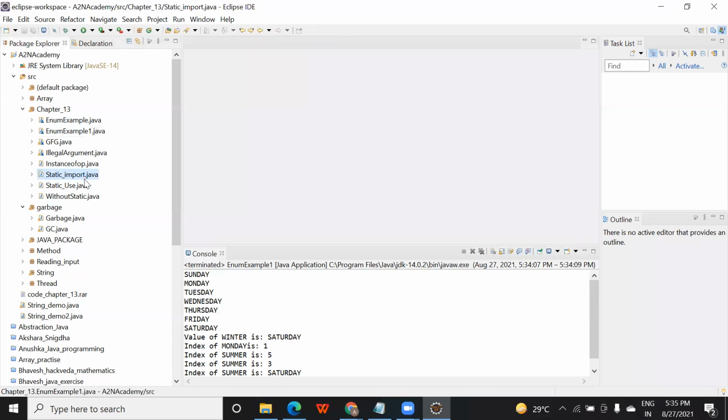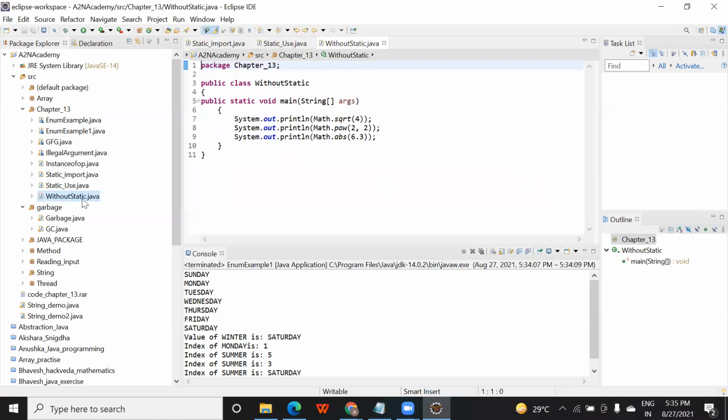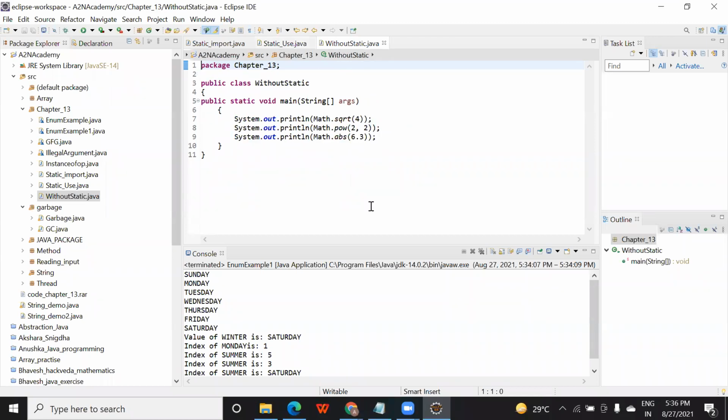Now, most important part, static. I told you, static function means what? Here you see this. Whenever you want to do any mathematical operation in Java, you just need to write Math.sqrt(4). In the C language, how do we do that? If you remember, in C we need to write #include math.h.